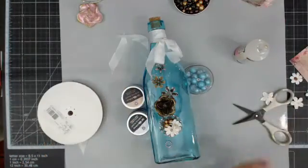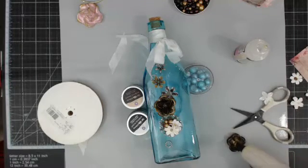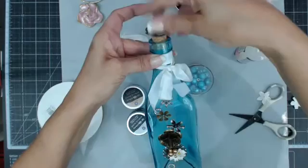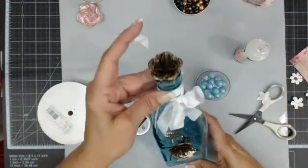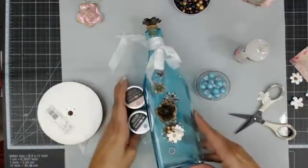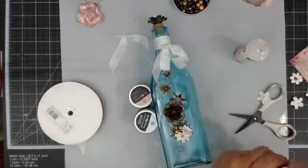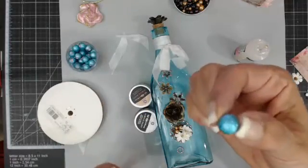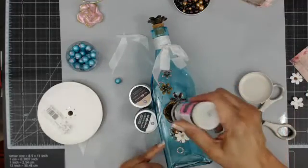And I also, one last thing to glue, I want to glue at the top, on top of the cork, so that we have that continuity across there. So you can see that, and we're going to stick pearls in it. And since I've already admitted my pearl habit, let's go ahead and go with these blue ones for the large centers. I think they're too big. These are just glass beads. They're very pretty, but laying here, they actually are the perfect match for this. So let's just on this, the large one, and I am going to put one in here at the top,